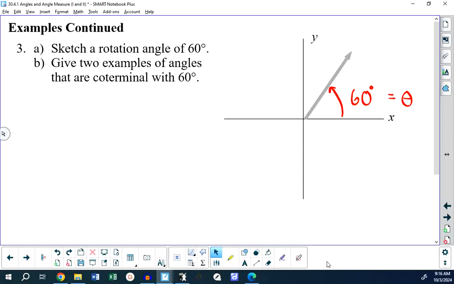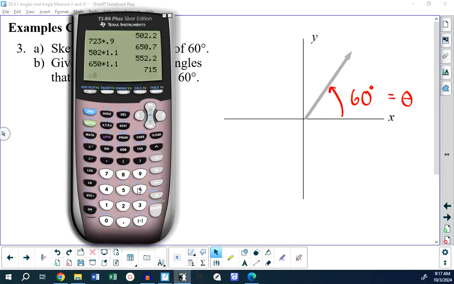What are 2 examples of angles that are coterminal with 60? Well, I don't know. 420. Think about what I'm about to write here, or enter. This, by definition, has to be coterminal. Whatever this number is I'm going to get,